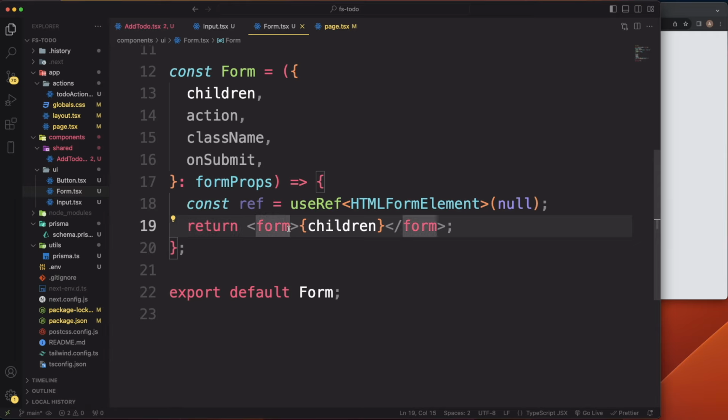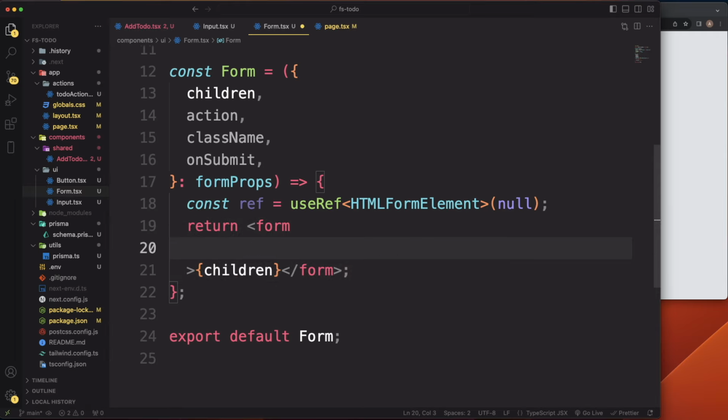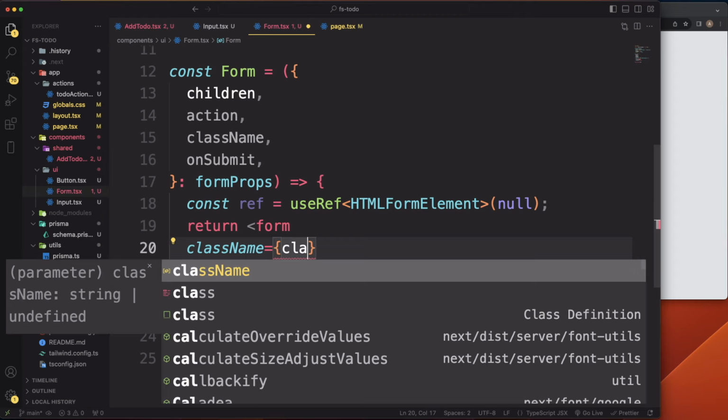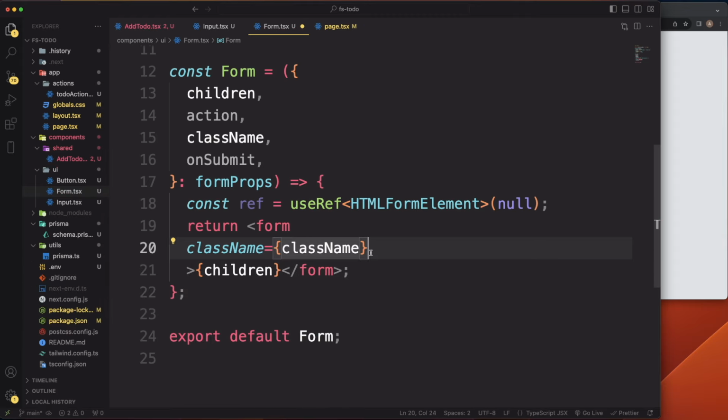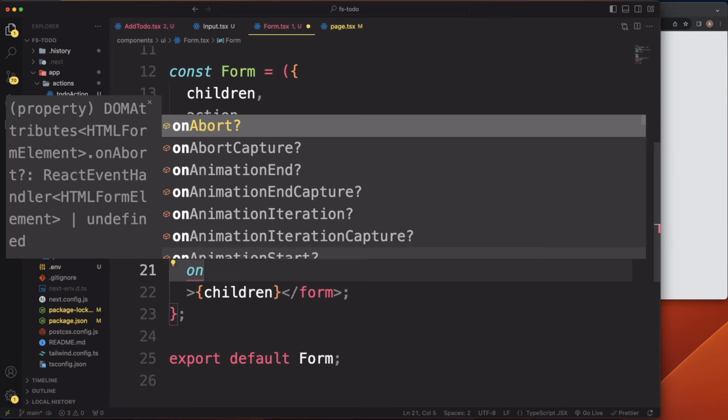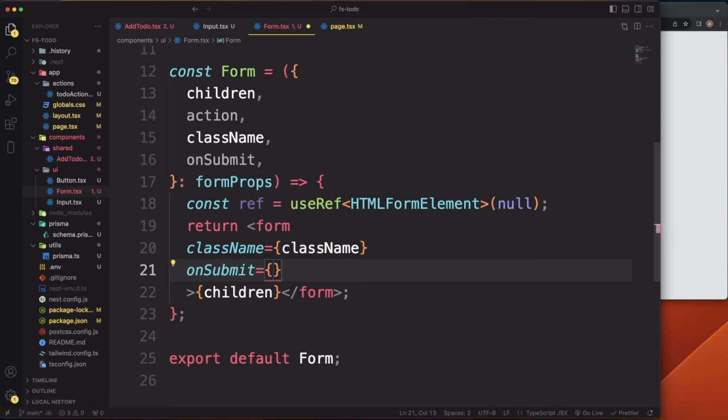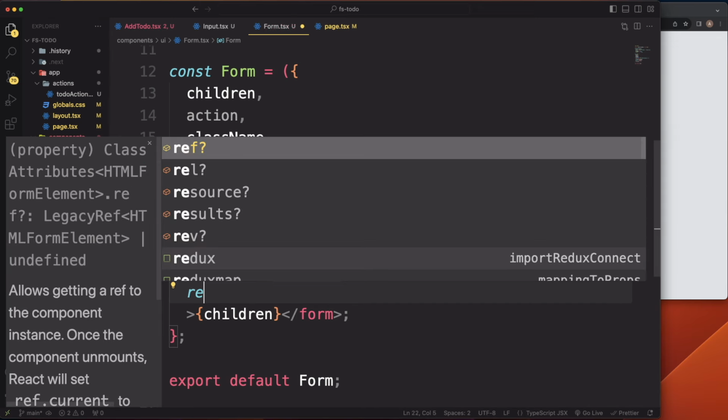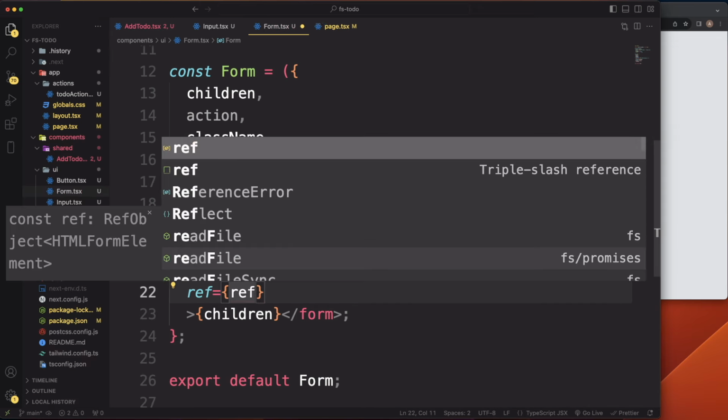So let's go ahead and add our stuff to our form. So we're gonna do class name, and that's going to equal class name. So these are just all of our props that we're going to be sending over here. And our on submit is going to equal on submit, and then our ref is going to equal ref,